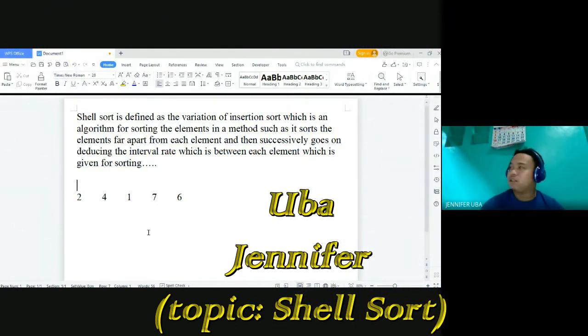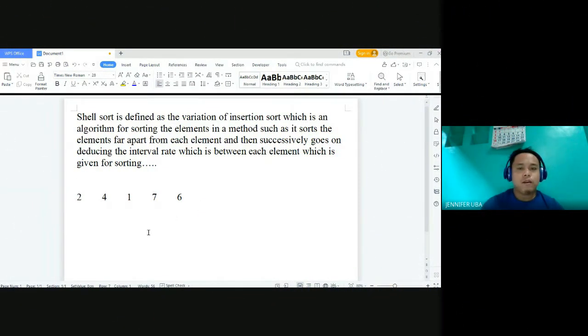and 6. Let us try the 5 elements or values. I-try na to decode kung makuha na to siya. So ang default nga deducing or the interval rate of shell sort is 4 and 2 and 1. Ang example is 4. So iyang i-range sa ang index between the 0 and 4. So it shows niya, for example, kaning to is kuha ni siya 0, 1, 2,